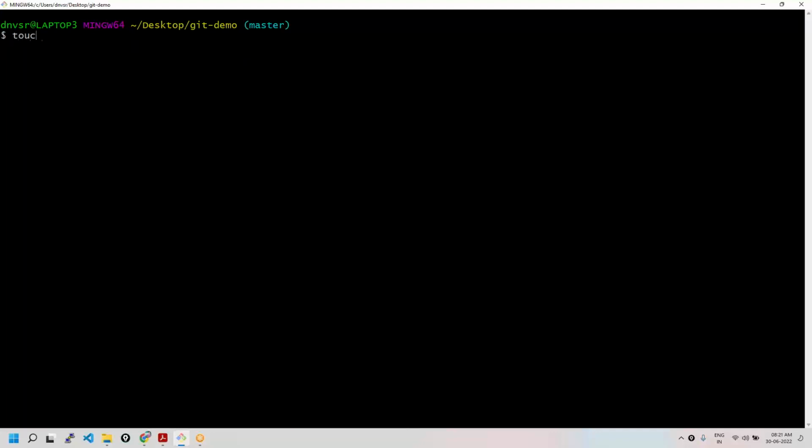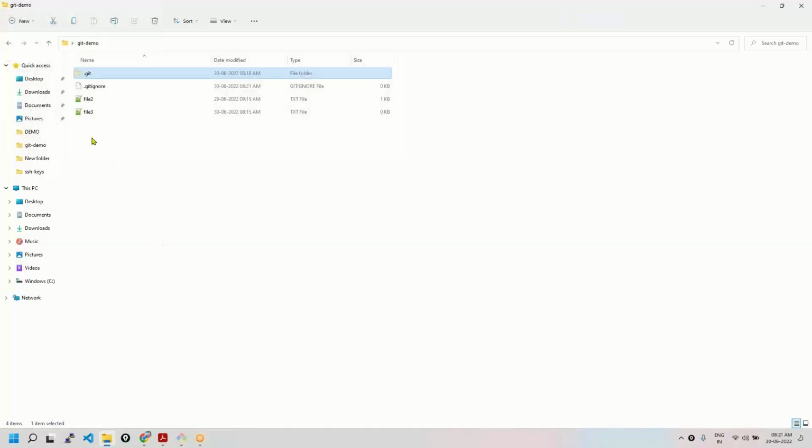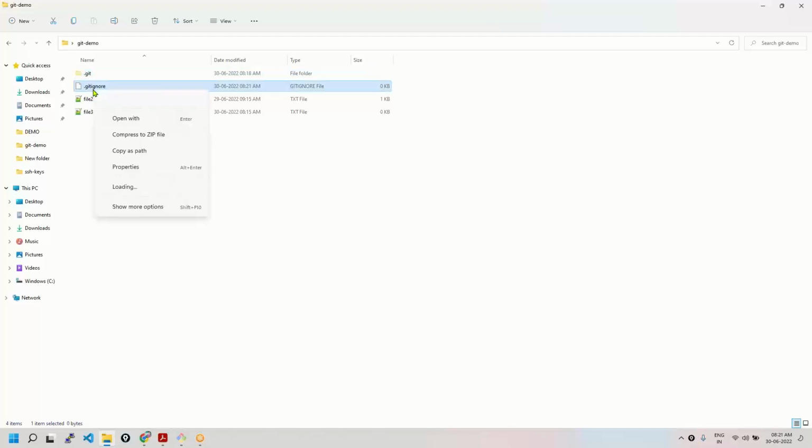Just create another file, give it a name as .gitignore. The touch command will create a file. First I'm creating a file by the name .gitignore. Here also you can see it's created. Open with,